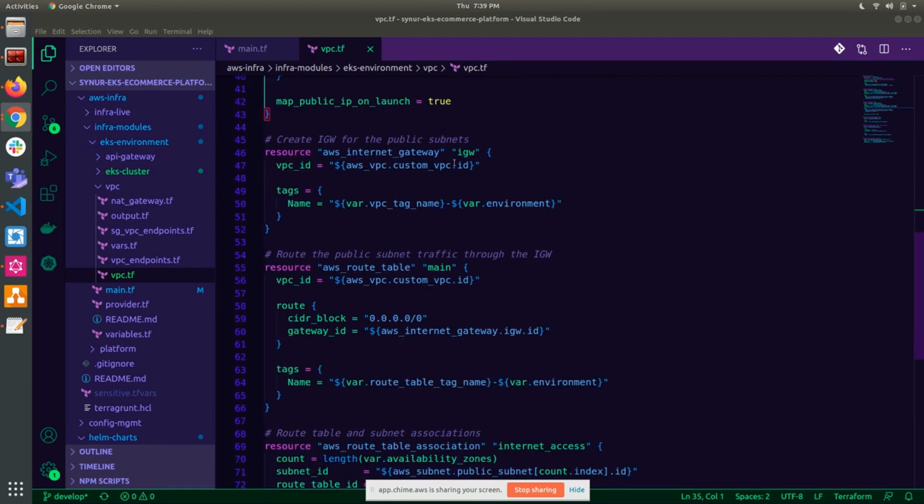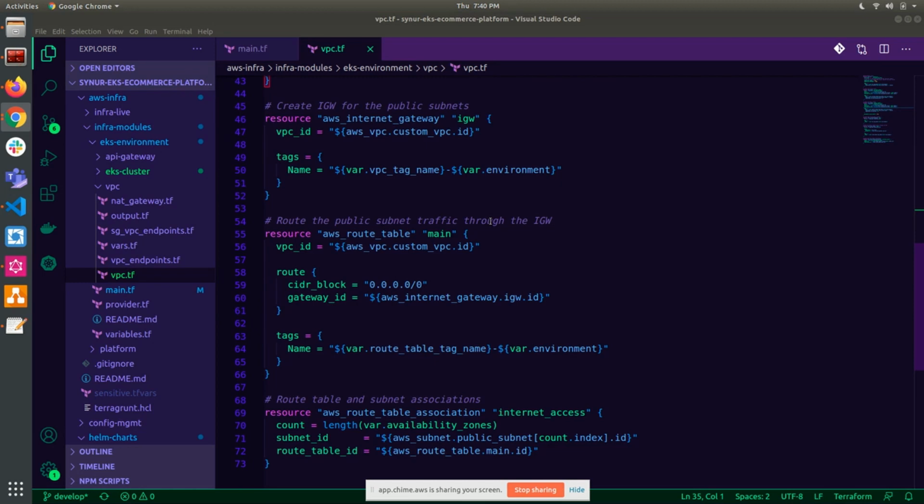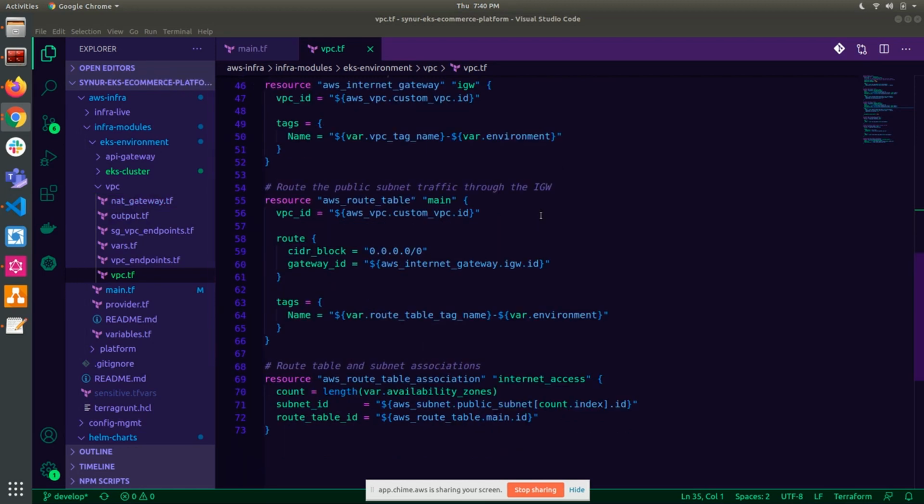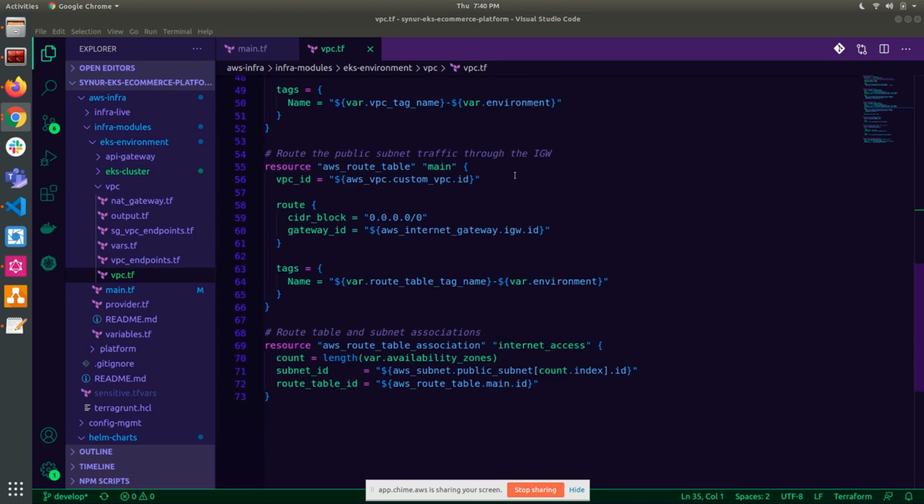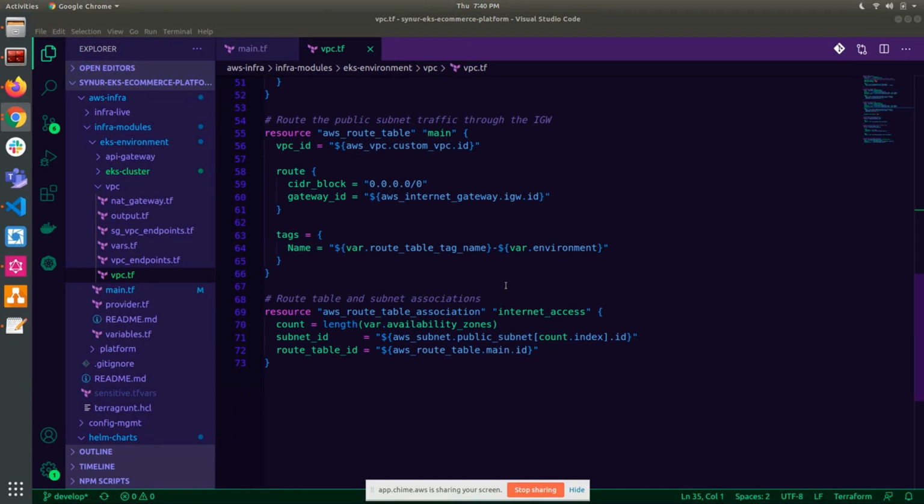In addition to that, I've also got an internet gateway attached over here. With private and public mode, you actually don't need this, but I thought to just include it for the example where someone did want to have a completely public setup. So you'd have your internet gateway over here. That means I will also be setting up a NAT gateway because of the resources that will be in the private subnet, and creating an additional route table to the default one, and then creating an association with that route table and the public subnet.